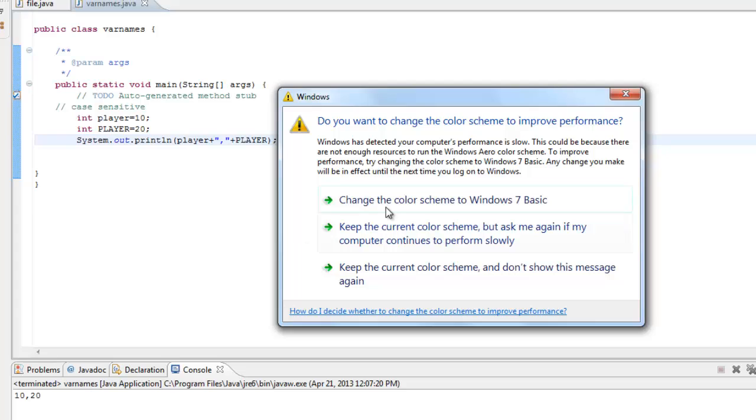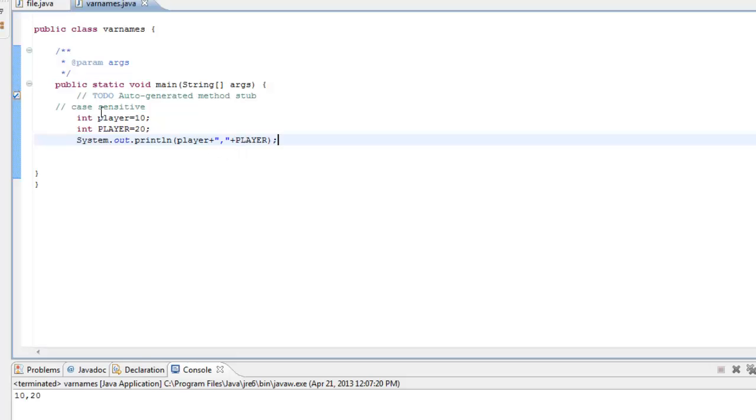So the first rule is that there is a difference between lowercase and uppercase. Even though they are exactly the same, the difference in case leads to an altogether